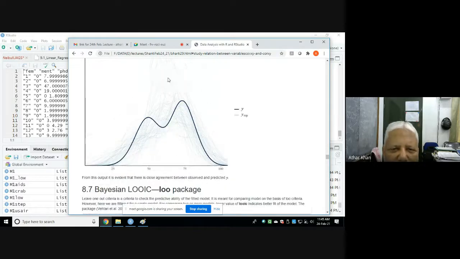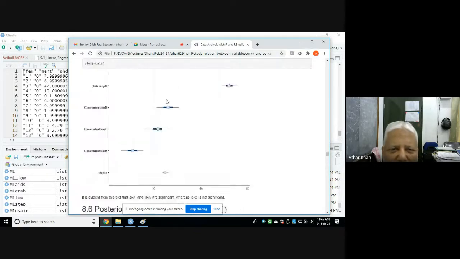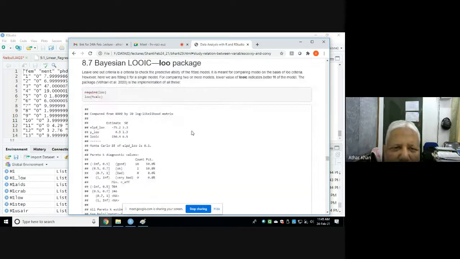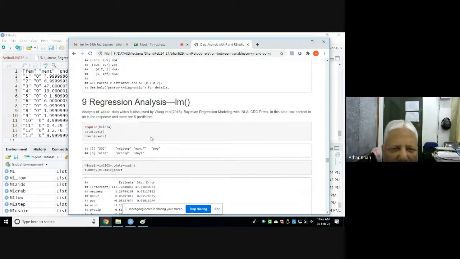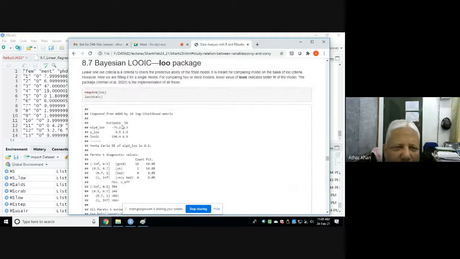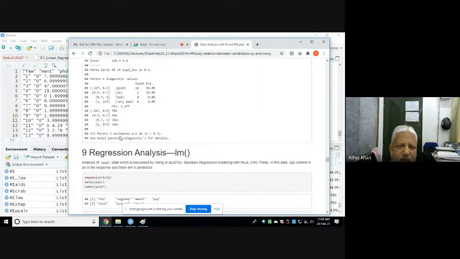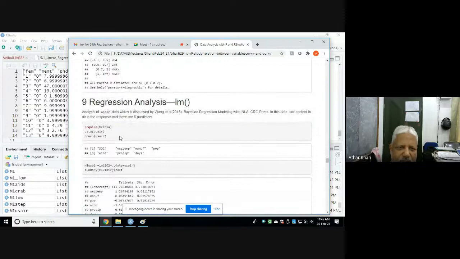All these graphics which I am showing here are due to the Bayesplot software, and all these software packages are freely available on the website, on CRAN, so you can download them. Required LU, the function is LU mcalc. See here, we are just computing and we are getting the result.